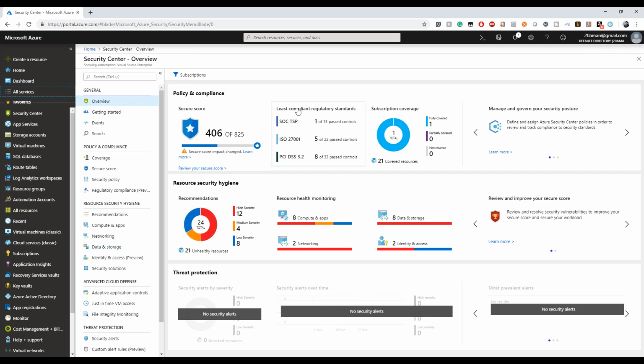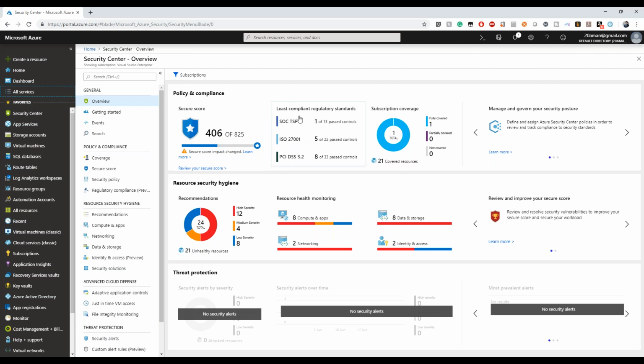For policy and compliance, it shows me the secure score. This is the same scoring system that we saw earlier at the Active Directory level. This is at the whole subscription level, scoring the whole subscription from the security perspective. It seems right now we are up to 50% secure as per Azure. And then it shows me the different standards: SOC TSP, ISO 27001, PCI DSS 3.2.